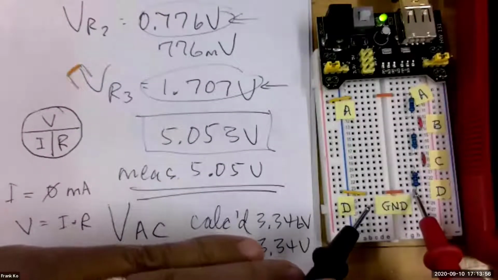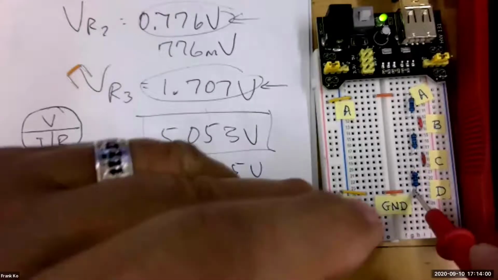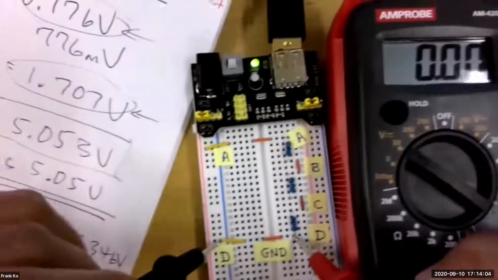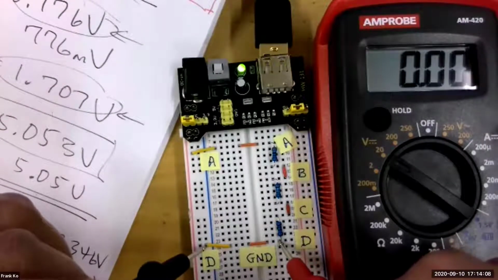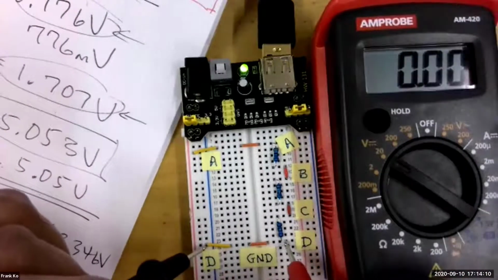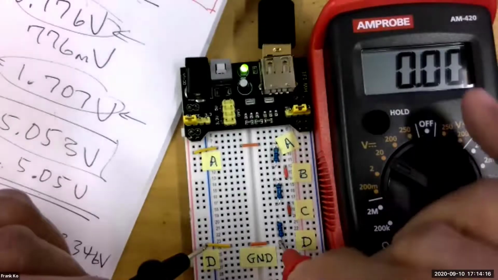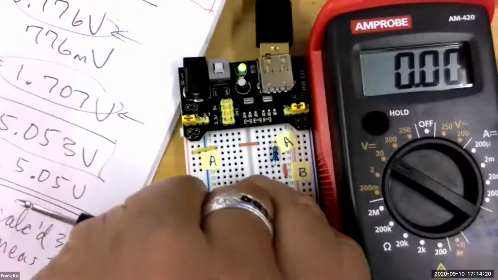If I measure from here to the blue rail, do I have any voltage whatsoever? Do I expect any voltage? It's a bare piece of wire. I don't expect voltage. There's no ohms here. I don't expect anything, and no voltage is measured as a result. If I pull this jumper wire up,